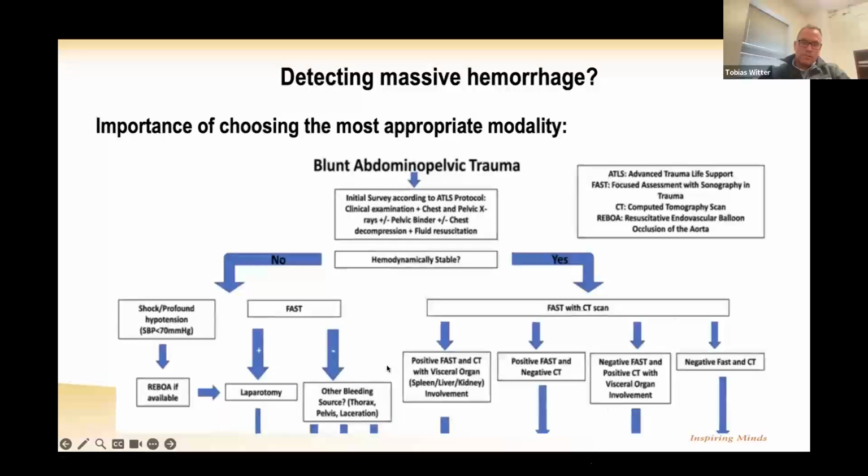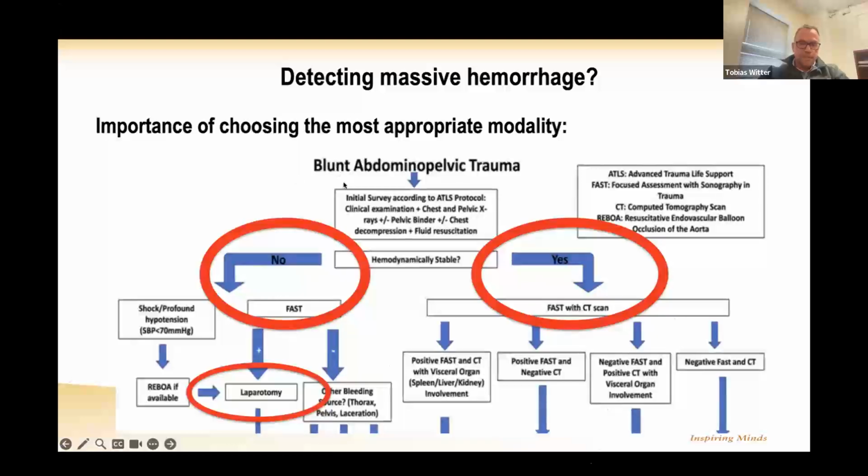So to standardize this search, or how we can approach figuring out if this patient is bleeding, there's a couple things. So if you have a blunt trauma, the first question we always have to ask ourselves is, is our patient currently hemodynamically stable? If the answer to that is yes, then we can do a FAST and see what we see on the FAST, and then plus minus a CT scan, and then based on those investigations, we can make a decision. Is the patient going to the OR? Is the patient going to the ICU? Can we watch and wait? Depending on what those scans show.